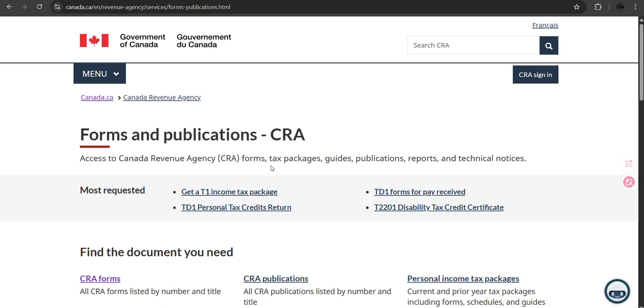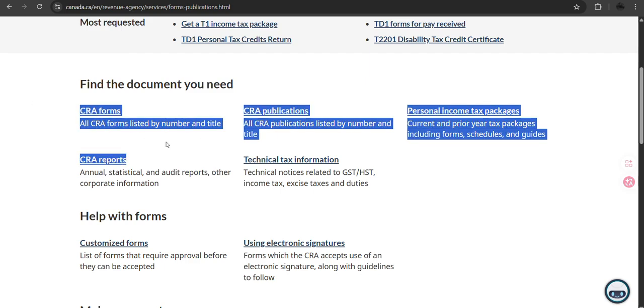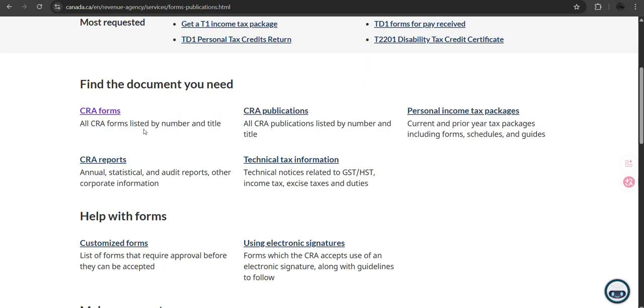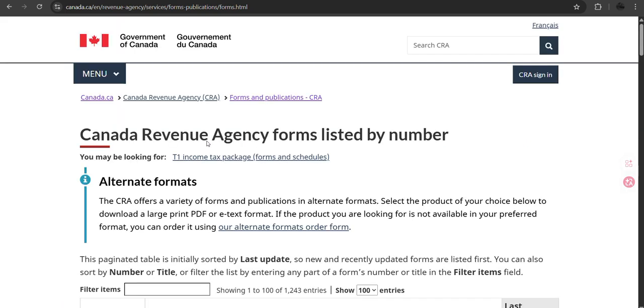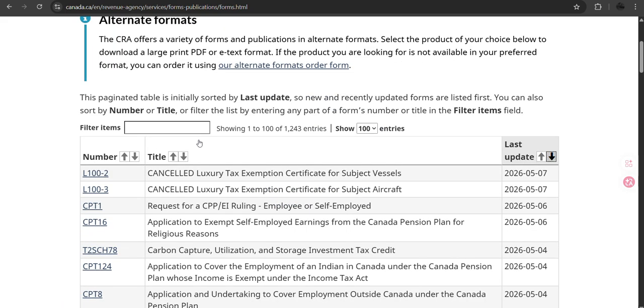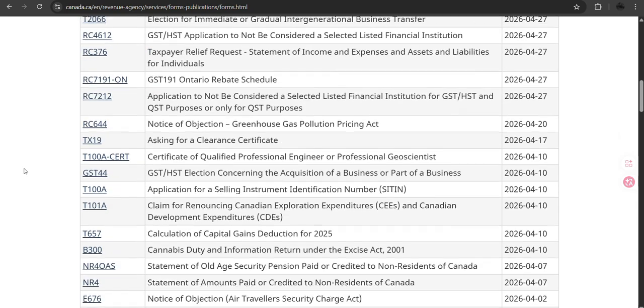So once you're in the forms and publications CRA section, here you can see you will be listed with the CRA forms, all CRA forms listed by number and title. So simply press there, and here if you want to find the T5 slip, you'll simply filter the items. So you will be listed with all the different